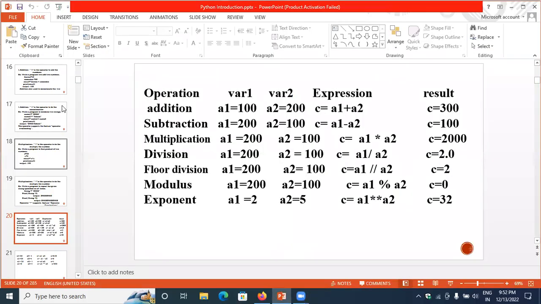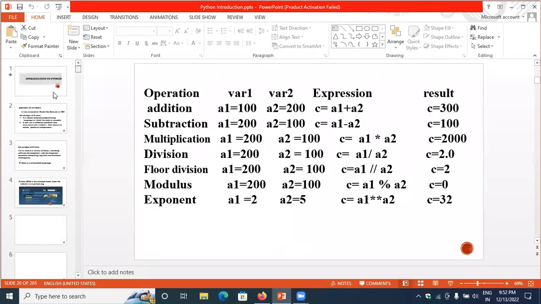So just see, I'm sharing my screen. See here,